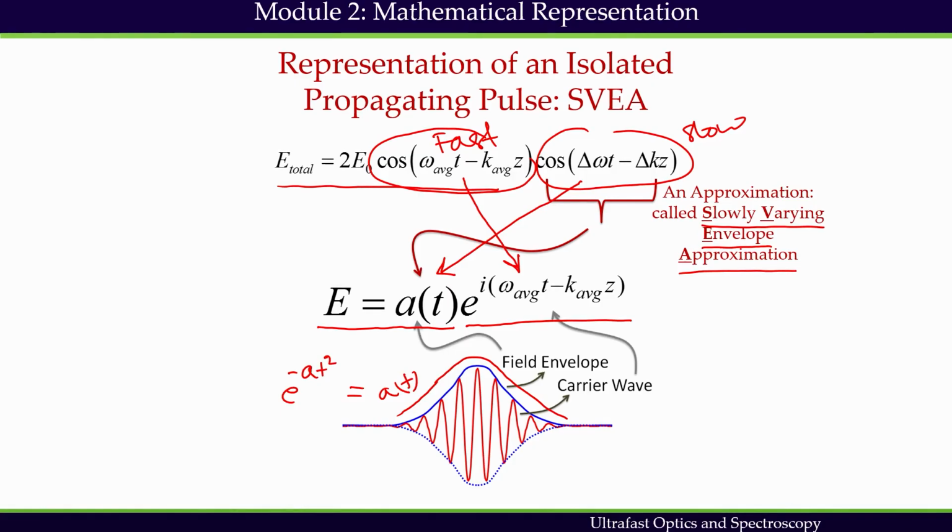So this SVEA, slowly varying envelope approximation, is valid only when the period of the field envelope, that is the characteristic time over which the variation of A(t) occurs, and the period of the carrier wave, this part representing the carrier wave, which is represented by this oscillation,